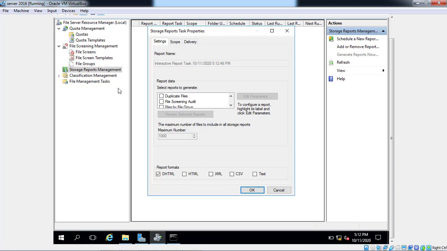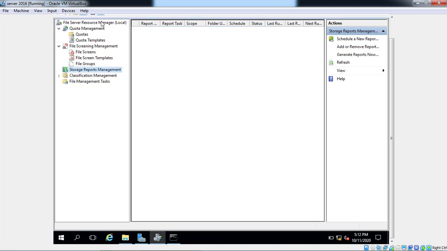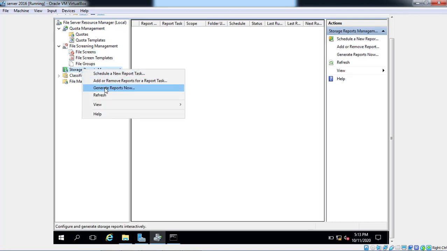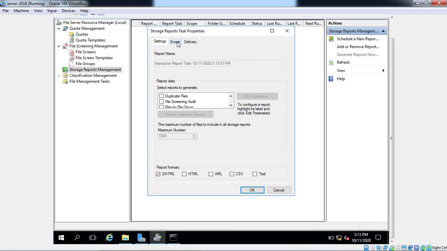First go to settings, then select the file screening audit that we have performed, and you can get your report as DHTML, HTML, XML, or text file. Now create the scope.